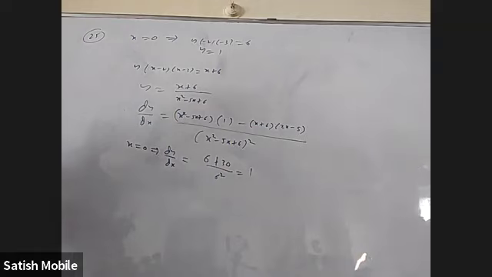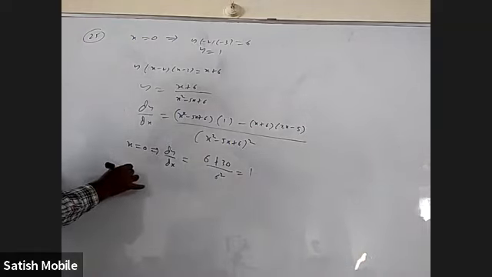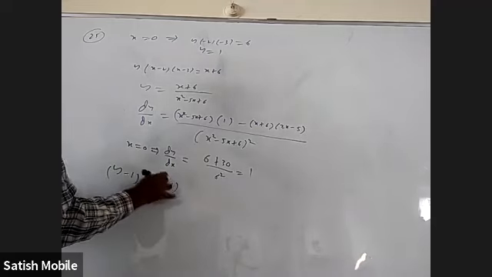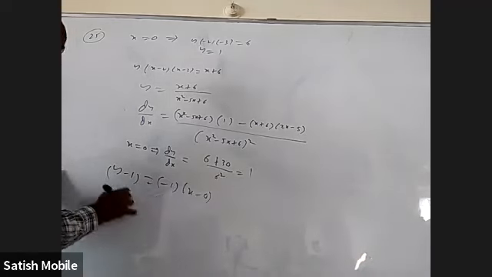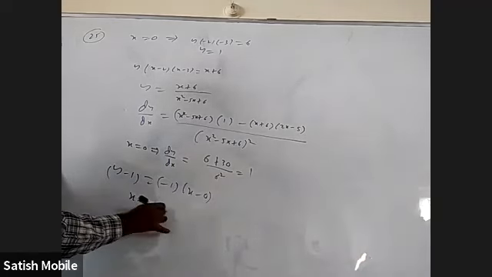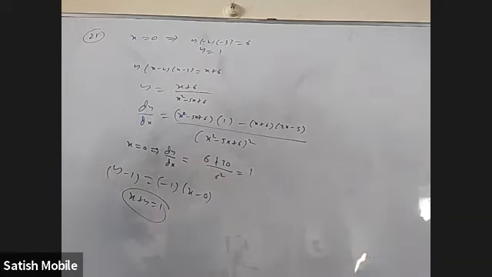So to find the normal equation, slope of tangent is 1, slope of normal is minus 1. So equation of normal is y minus 1 equal to minus 1 into x minus 0. I'll get x plus y equal to 1. So any option is fine as long as sum of x and y is 1, which is option D.